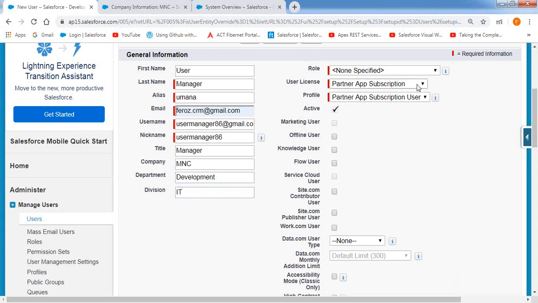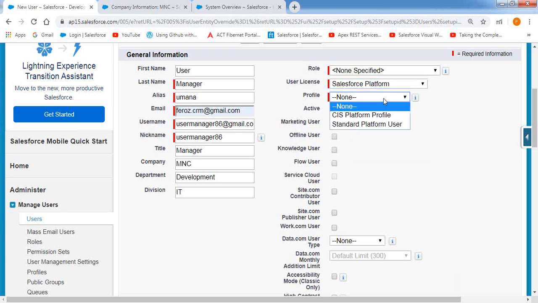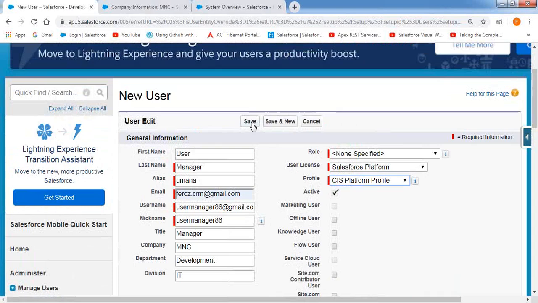Now for this user, I would like to assign some license. Now tell me, do we have the name Salesforce? Why? Salesforce licenses are full. We don't have any licenses available, so that name will not be visible to you. We have platform licenses available with me, so I would like to assign that platform license here. Select the profile which you would like to assign. We have created our own custom profile with the name CIS platform profile. Make that user active here. Okay. Now click on